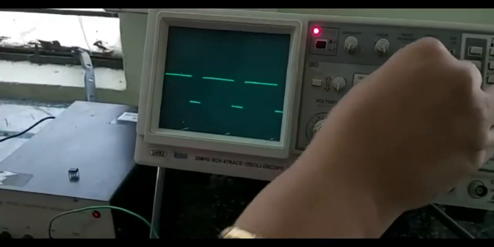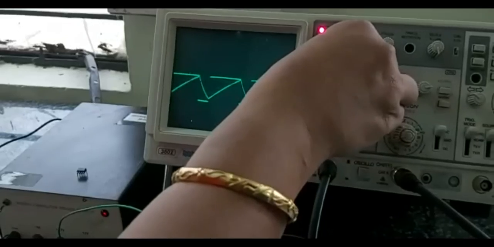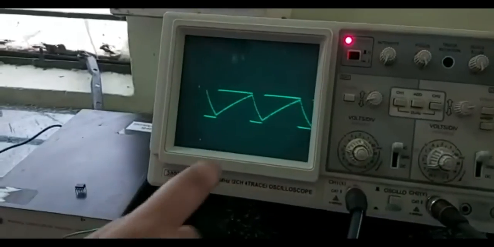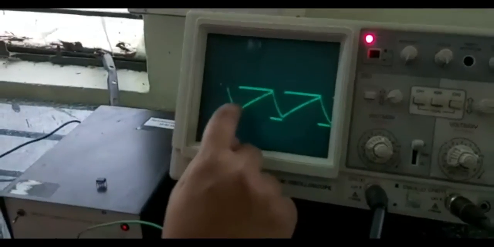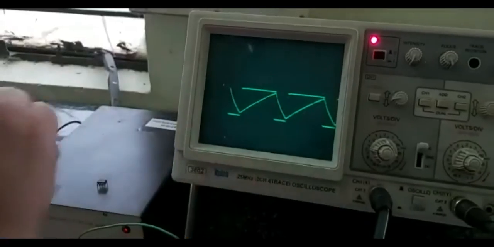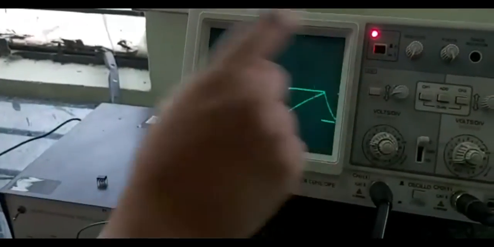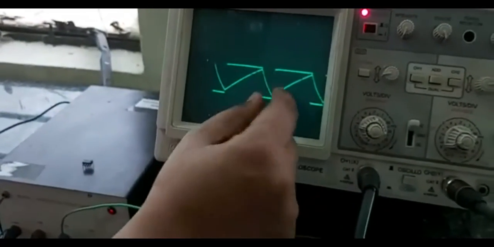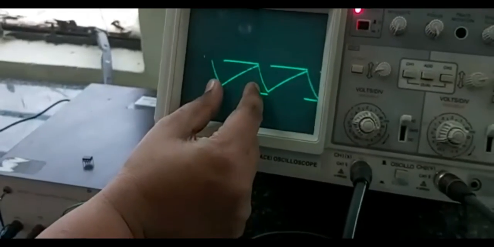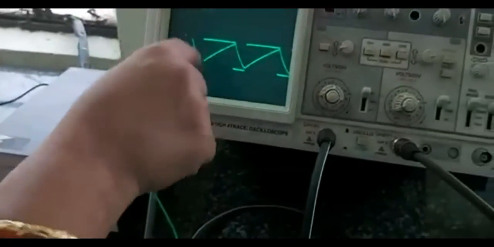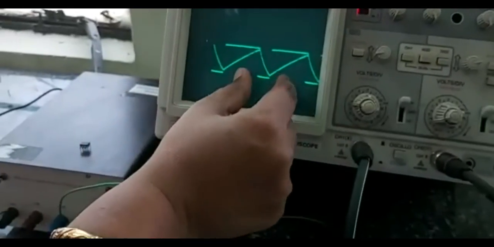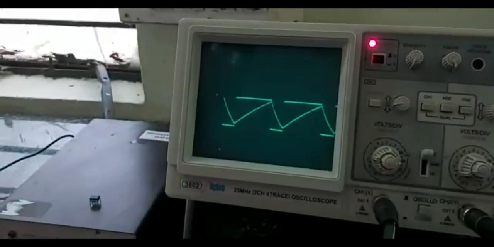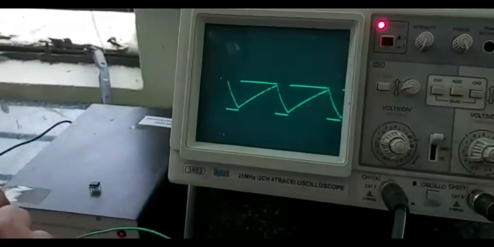And coming to the capacitor waveform, you can check the discharging and the charging here. Here you are getting it correct, exactly the charging time as the on period, and the discharging time as the off period. In the previous case the invert was pressed, so you got that inversion. So here you have charging on period, discharging off period. Discharging is very small compared to the charging, so this is asymmetrical. You can do the reverse way also. Less than 50%, the discharging time period will be larger than the charging time period. So this is about symmetrical and asymmetrical astable multivibrator.